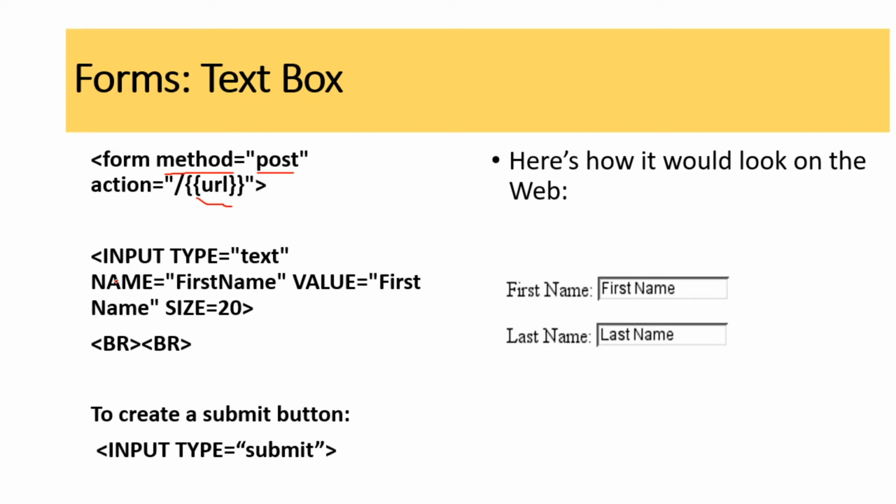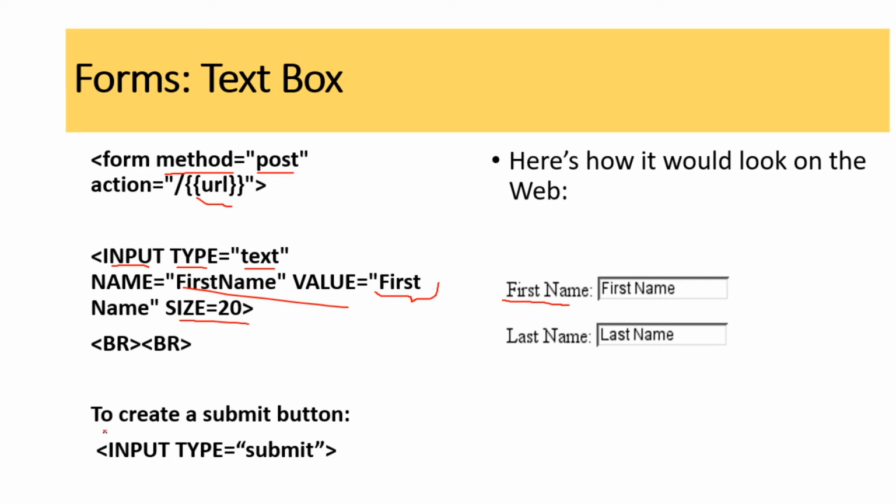To insert a text box, we have input with type equal to text. If I give input type equal to text, then a text box will be created. The types can be a label, or submit, or reset buttons. Many types are available, and the name is going to be first name. And the value: if you want, you can give it here, or the values can be given through the form submission itself. So value is optional here, and the size is also optional. Here I have given the size equal to 20.